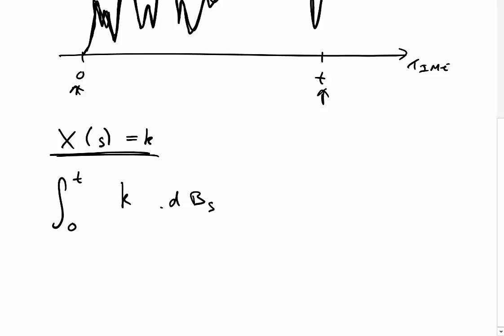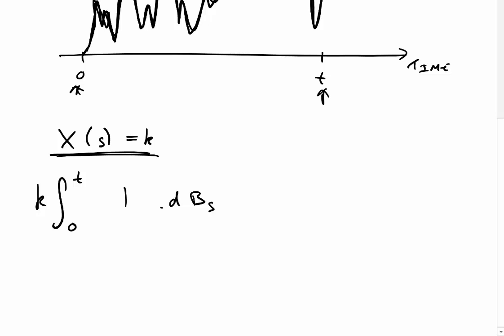Because this is a k, just like with ordinary calculus, stochastic calculus works in much the same way. It follows very, very similar rules. It's just that now we're looking at how to deal with stochastic processes rather than just variables or functions. So this is a constant, so I'm going to take this constant out the front, and I'm just left with 1 in here. Because it's a constant, it's not going to affect the